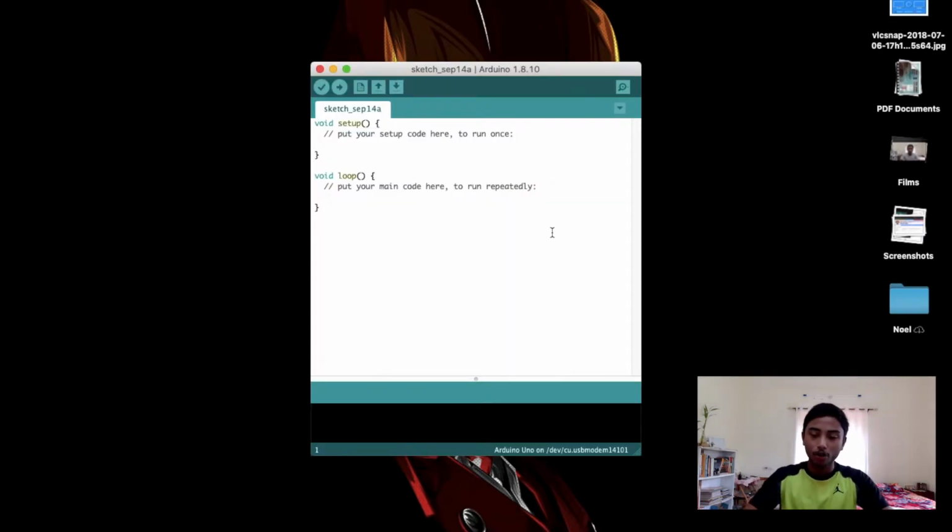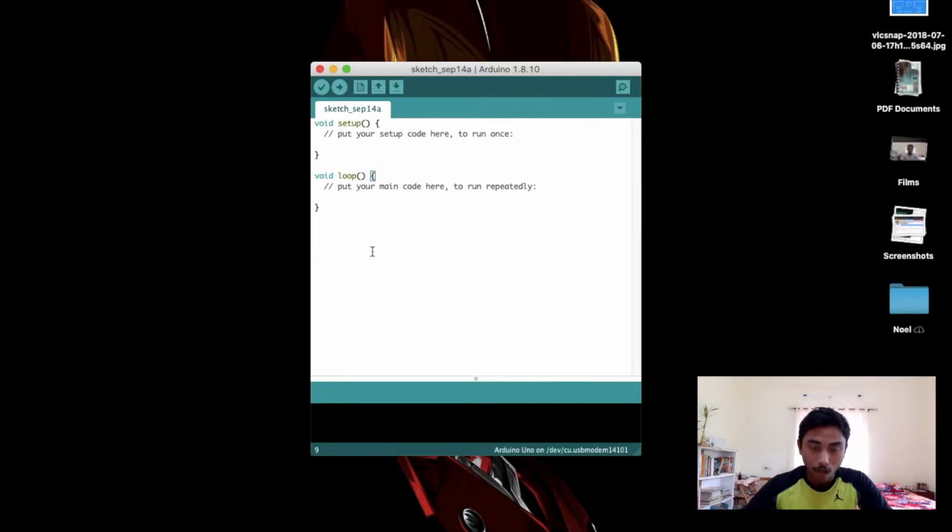So this is the Arduino IDE that you see when you first open it up. Now, when it comes to programming the Arduino board, as you can see in this Arduino IDE, there's already some pre-written words in here. The first one is this void setup part, and the second one is the void loop part. These two parts are the main parts in an Arduino program. So these are the parts.